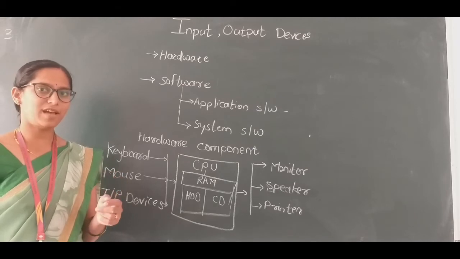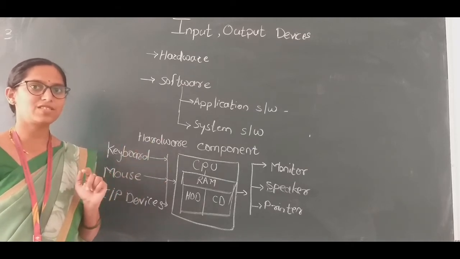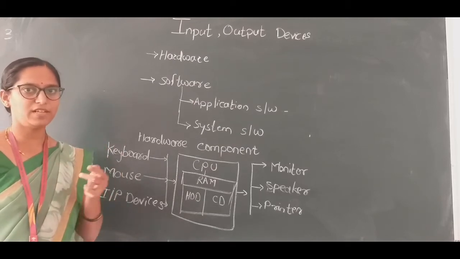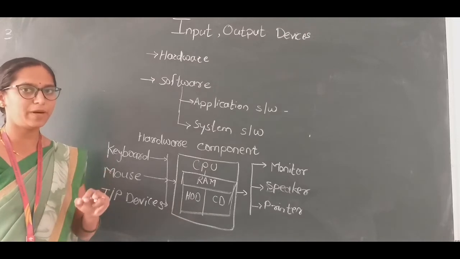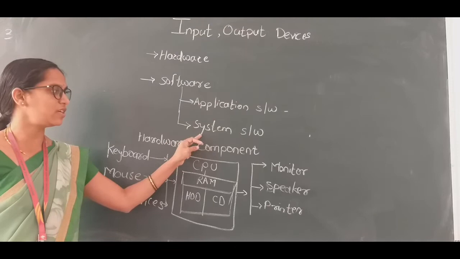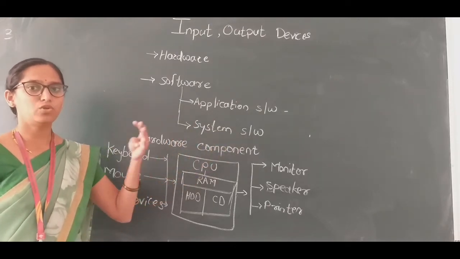If the user clicks with the mouse, they can assign some instruction set to the system. Afterwards, the system can work on that and generate the proper output. For that purpose, application software is generated, and system software is generated for what? System software is generated for maintaining